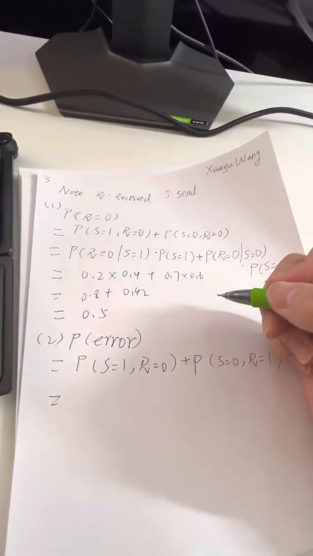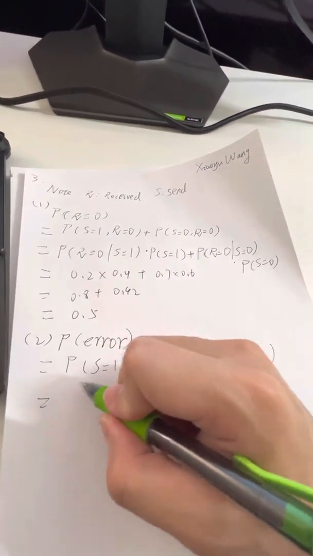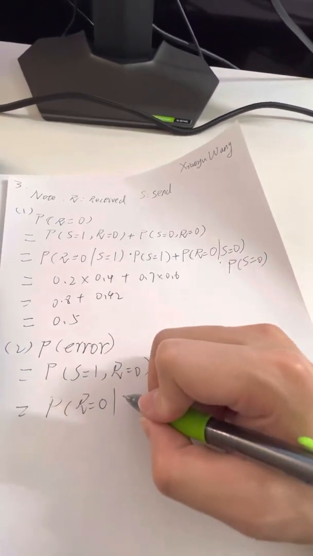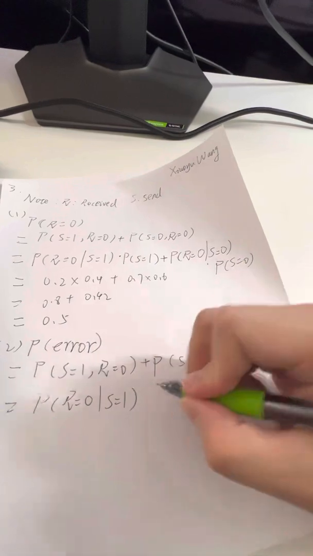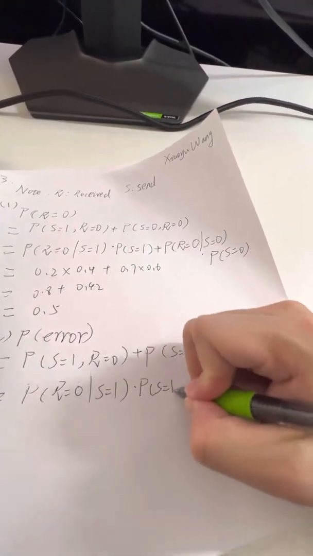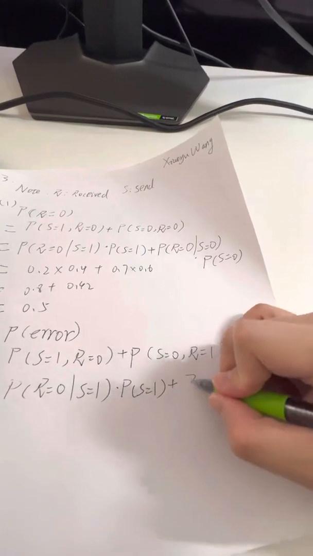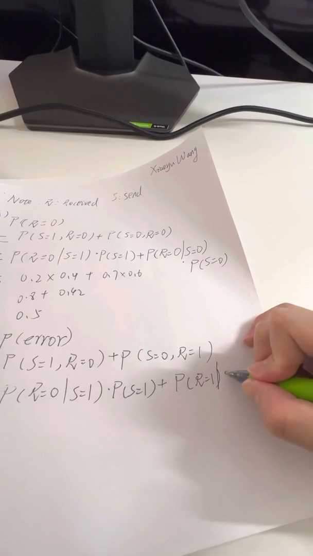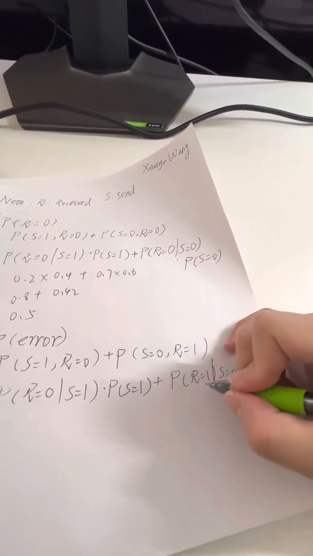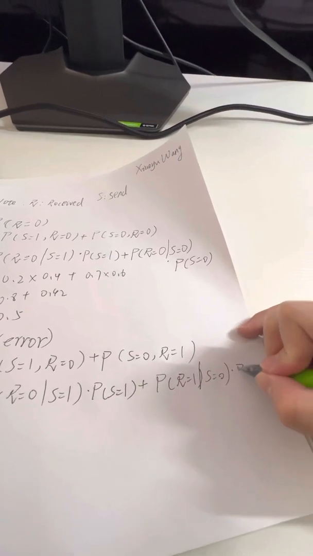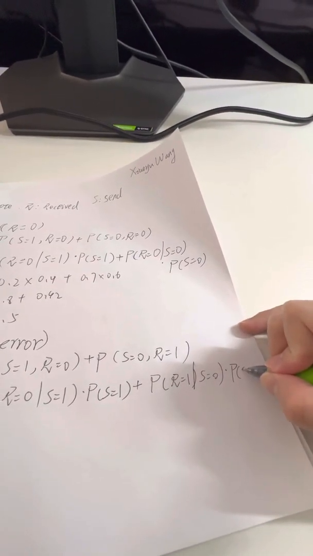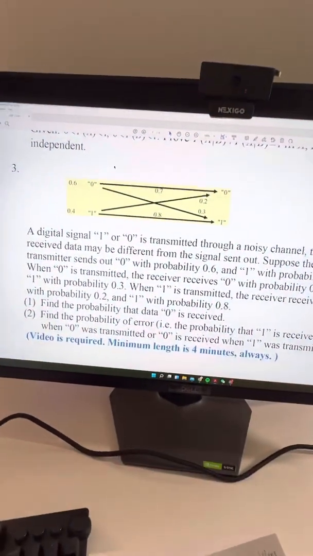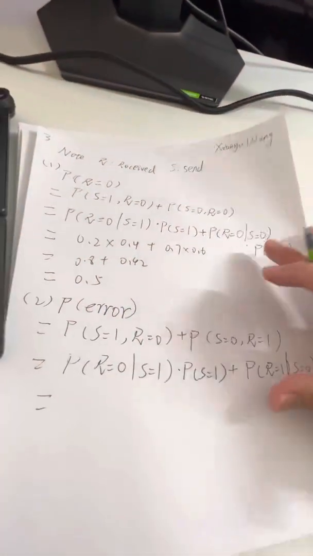Similarly to the first sub question, this can be represented as you receive 0 under the condition you send 1, times the probability that you send 1, plus you receive 1 under the condition you send 0, times the probability that you send 0. And also from this figure, we can get the information that